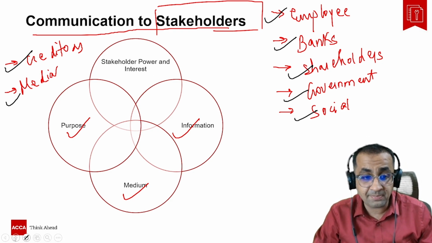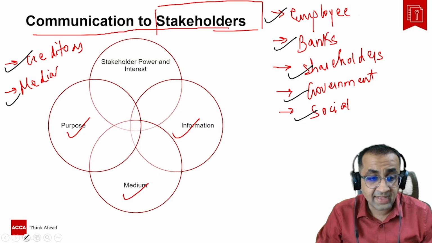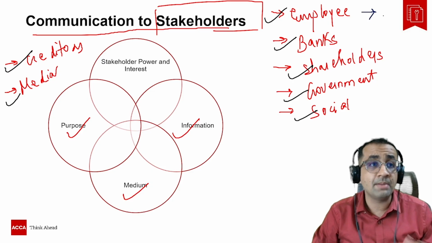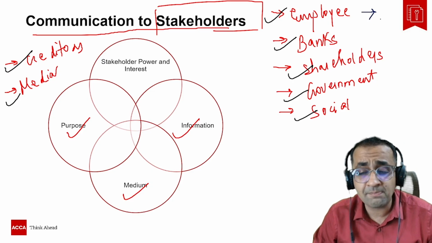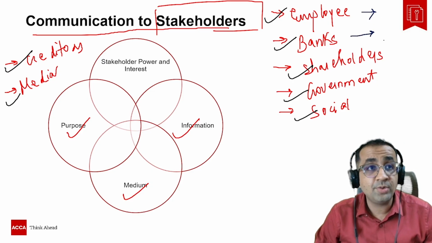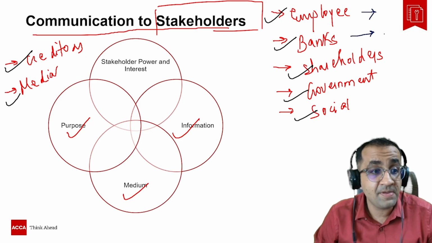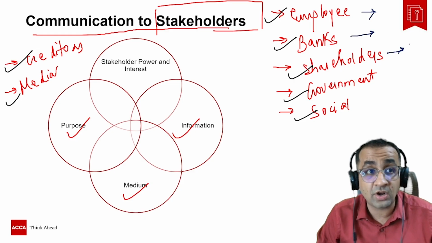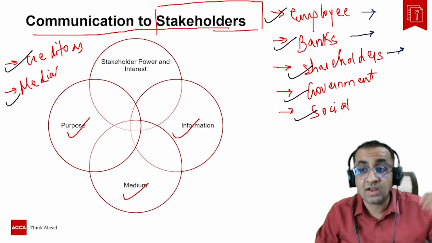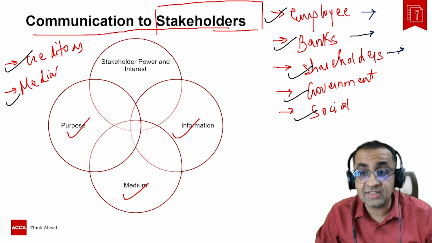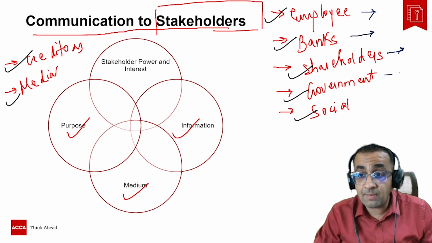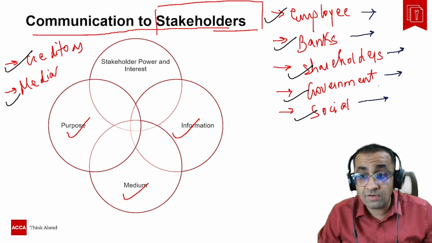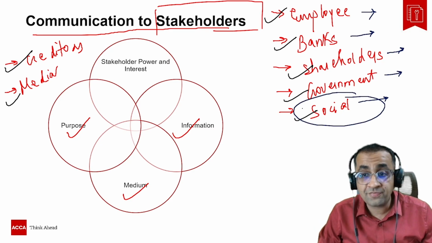If you don't communicate, let me tell you a few instances, and that may help you understand this topic better. If you don't discuss with your employees, they will leave. If you don't properly communicate with the banks, they may not be willing to give you more capital. If you don't communicate properly with the shareholders, if you don't discuss your results, your challenges, and how you are trying to remedy the challenges, then they will not invest in your company. Government may impose taxes, and with society there will be societal backlashes, like we had in the case of Maggie, which all of you are aware of.